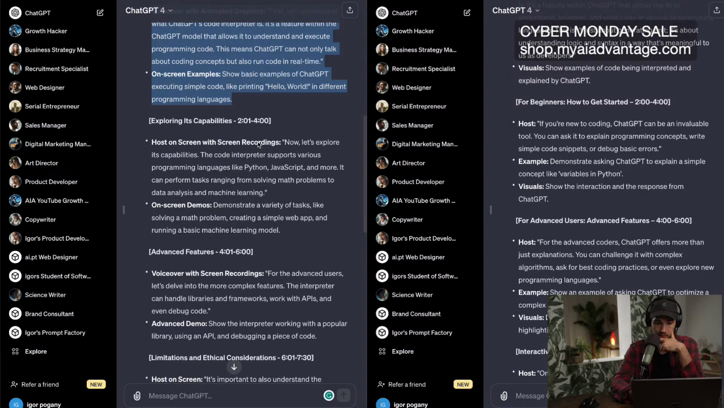Host on screen, screen recording. So here we enter the problem that ChatGPT itself doesn't know the capabilities of Code Interpreter. So it can only run Python, right? But this is right. I'm not sure about machine learning. I don't think so. Can you run PyTorch in Code Interpreter? I don't know. Anyway,